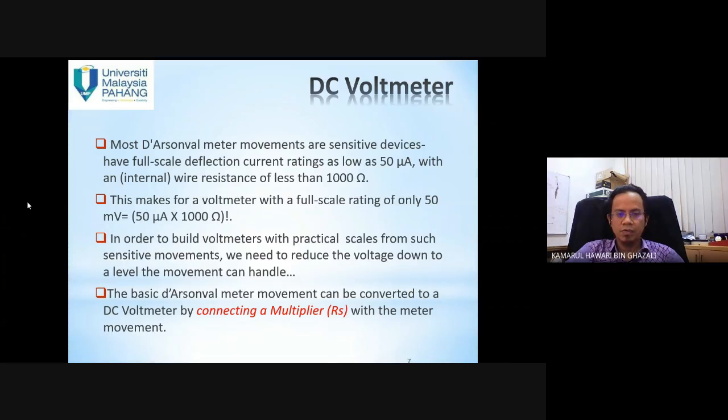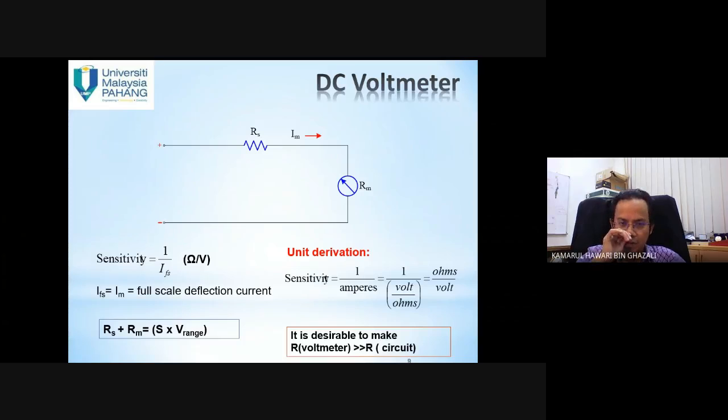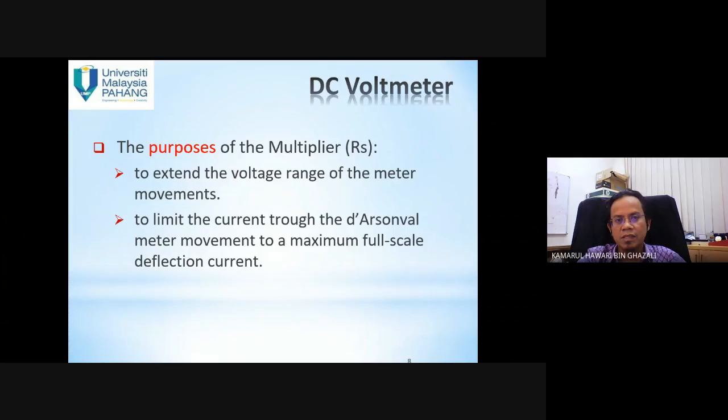The basic D'Arsonval meter movement can be converted to a DC voltmeter by connecting a multiplier RS in series with the meter movement. The purpose of the multiplier RS is to extend the voltage range of the meter movement, and to limit the current through the movement to a maximum full scale deflection current. So this is the multiplier resistance RS,